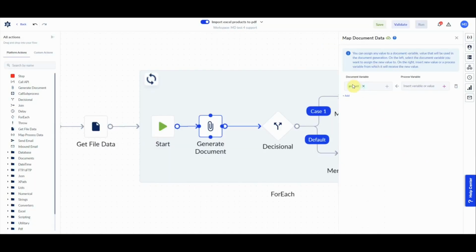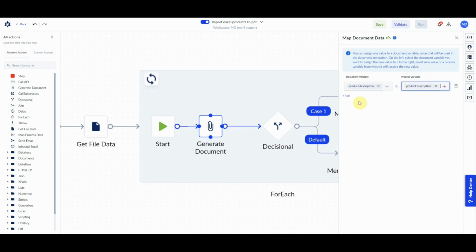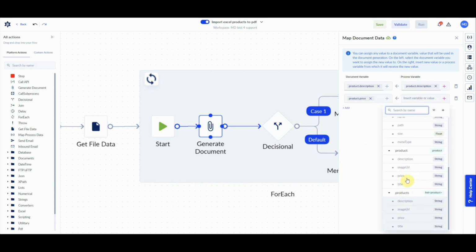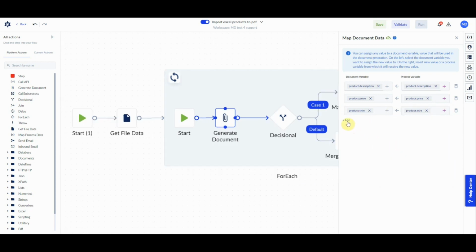And let's map the product description to the product description, and we're going to map the price to the price, and we're going to map the title to the title, and then map the image field